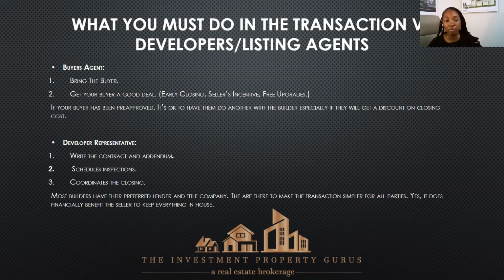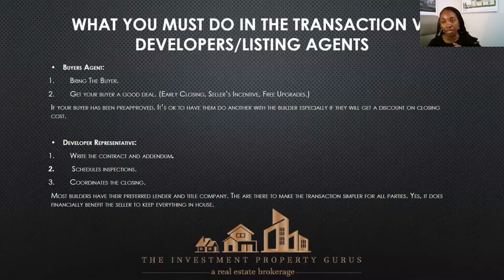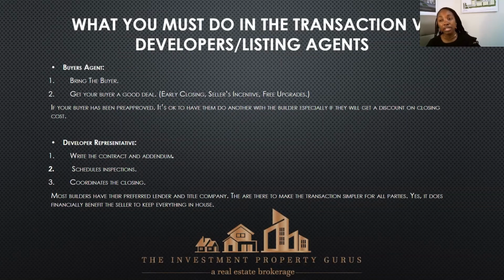If your buyer has been pre-approved, it is okay for them to do another approval with the buyer's agent if it will benefit them with closing costs and discounts. Obviously, they can use your lender if your lender has better deals. But if it's going to save your buyer about $4,000, $5,000, $7,000, $10,000, don't